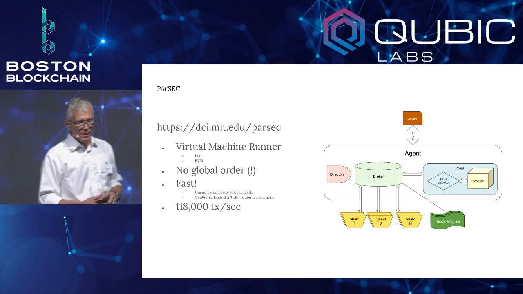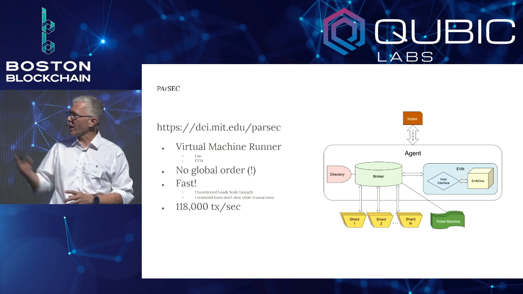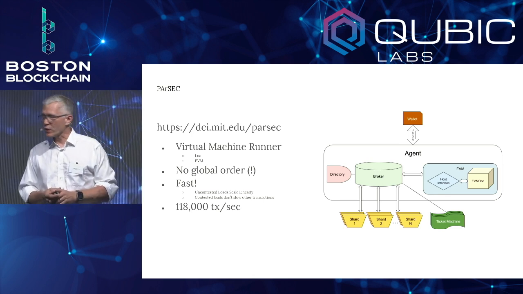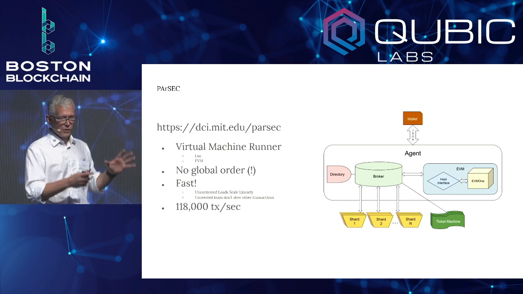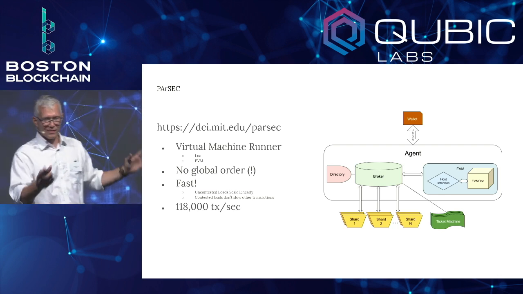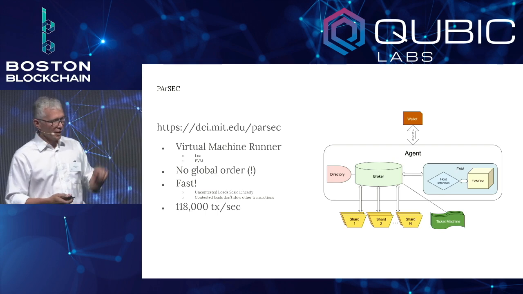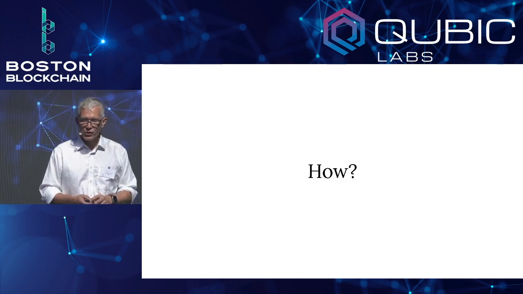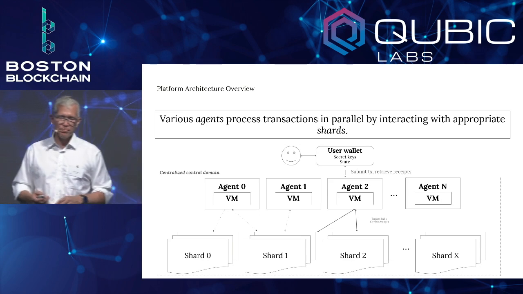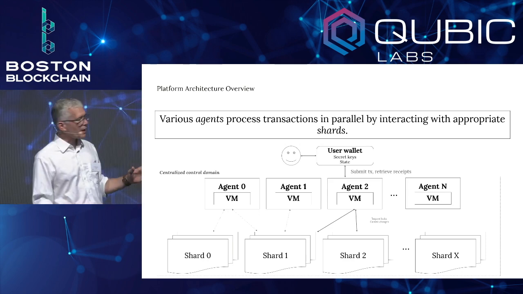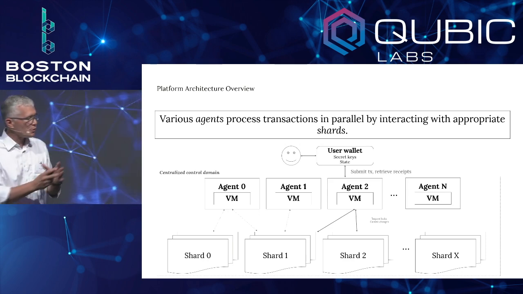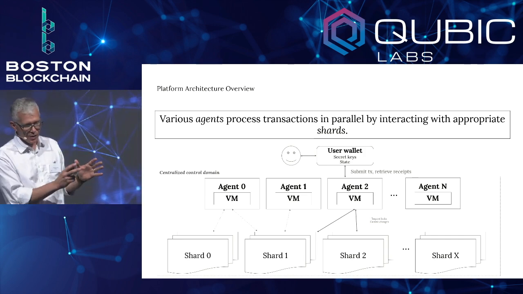This system, as it shows, we got up to 118,000 transactions a second, and then we said, okay, it's fast enough. It's fast enough to do the things that we want to do. So we'll try some other things. We'll get back to that. Okay, so how did we do that? Well, I'm going to skip a bunch of this because I want to get to questions as soon as possible because those are always interesting.